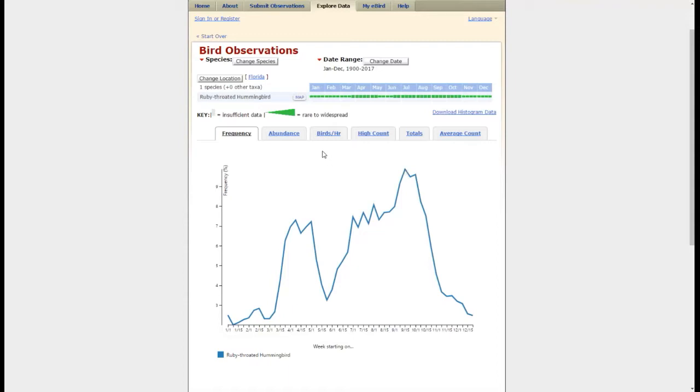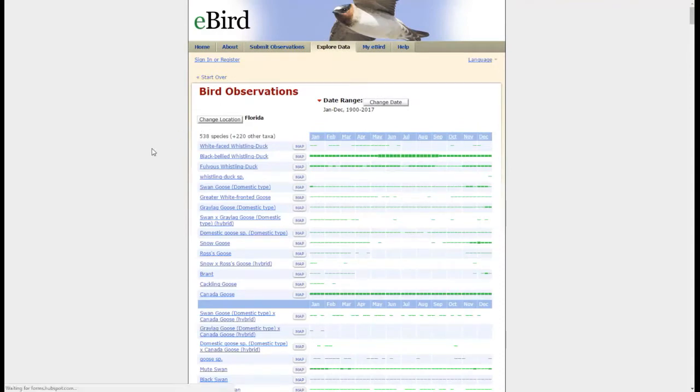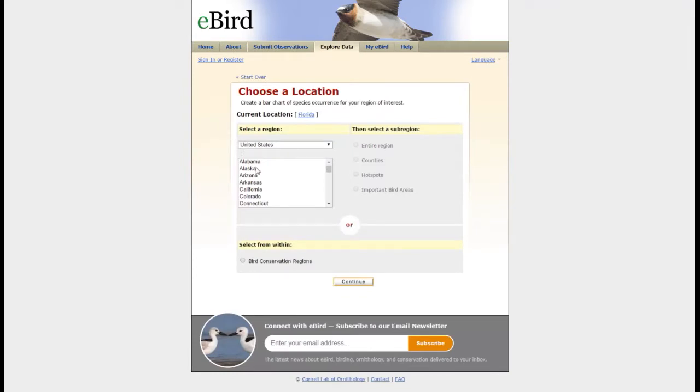Now, that's important to note, because if you look at ruby-throated hummingbird observations in another state where there are a lot more ruby-throated hummingbirds, and to do that we would change the location. I'm going to leave all the other values the same, but we're going to change the location by clicking on Florida. Whoops. I actually want to click on change location. Now, let's look at, what did I have? A good one is Missouri. So we'll click on the entire state,